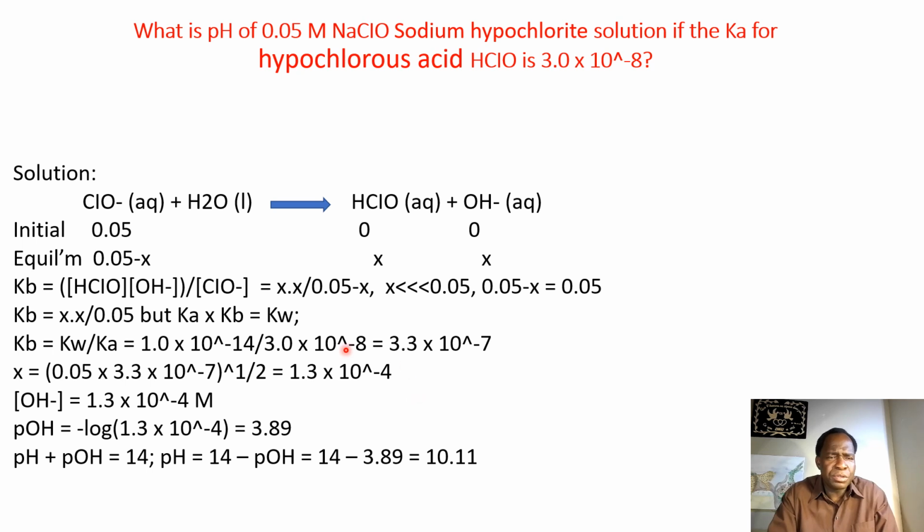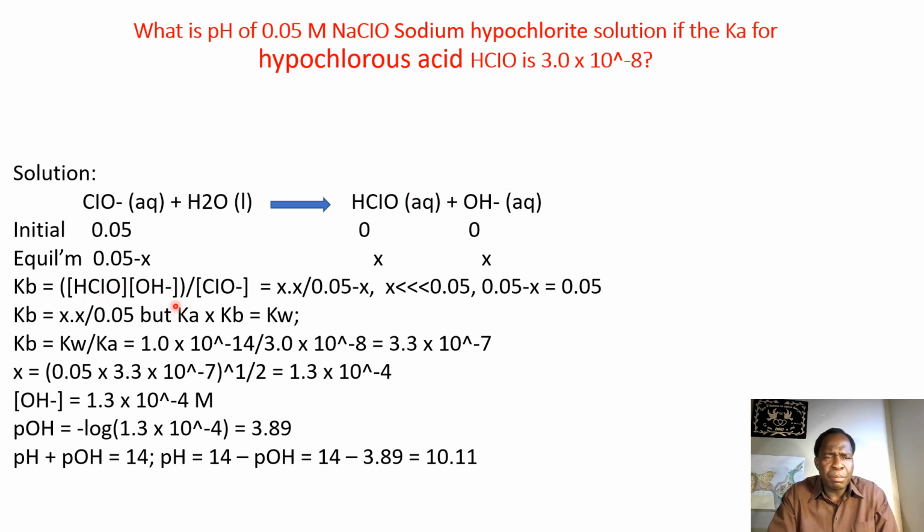It should be given to you somewhere. Now this is the equation of Kb, so you have Kb equal to X times X, which are the concentrations of the hypochlorous acid and the hydroxide ion,